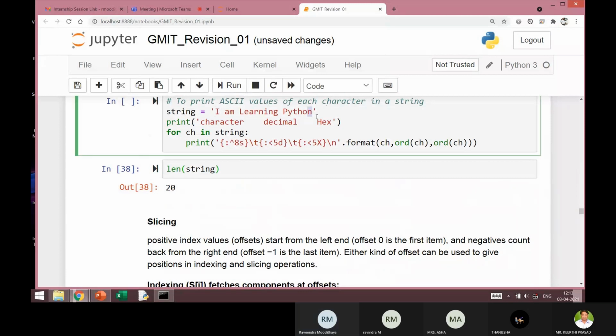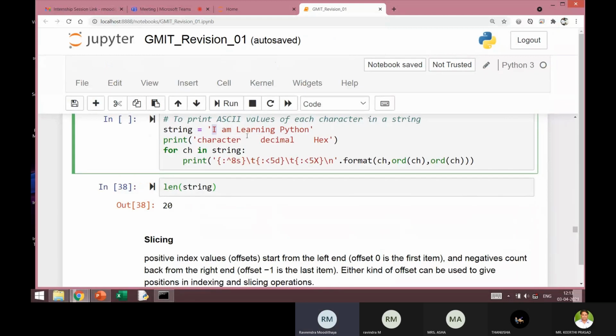The last character will have an index of 19. Now this is the forward indexing. There is another way you can use this index. The last character can also be considered to have an index of -1. Next is -2, like that. The first one is -20, that is minus length of the string.